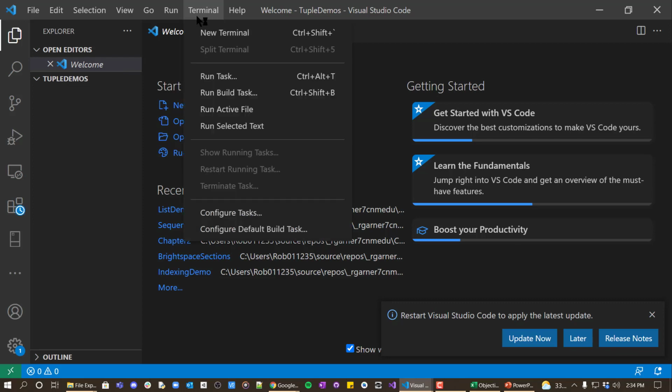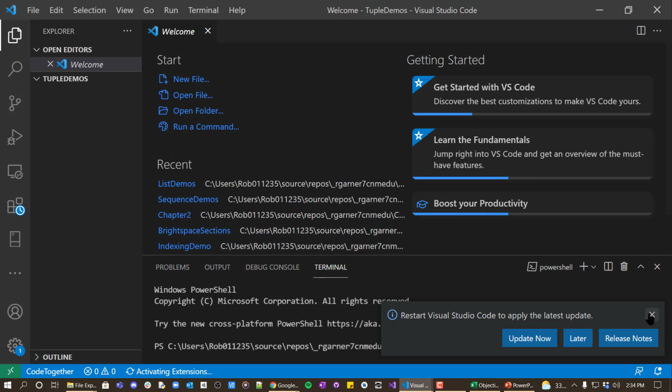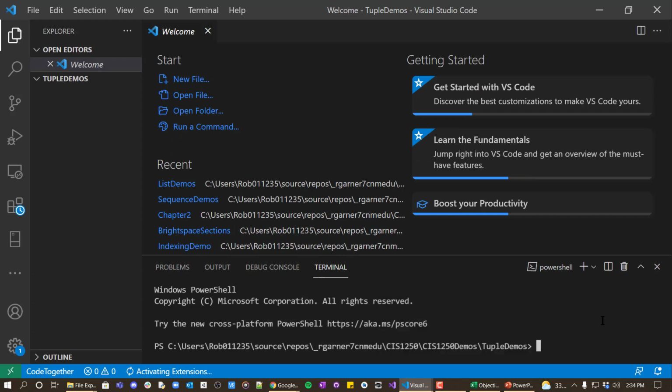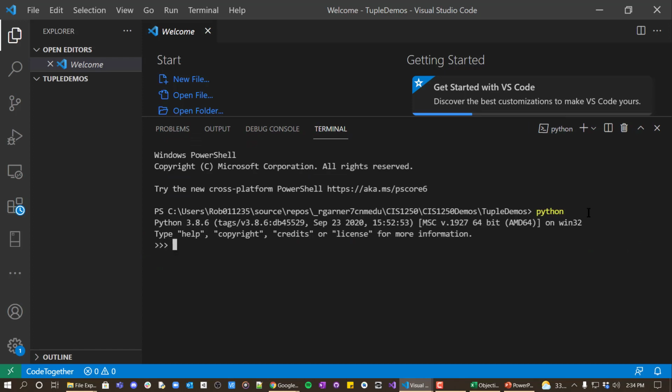First, let's open up a terminal and open up the Python interactive interpreter just by typing Python. And so, some of the differences between a list and a tuple. Well, one of the things we saw, of course, was that if I create